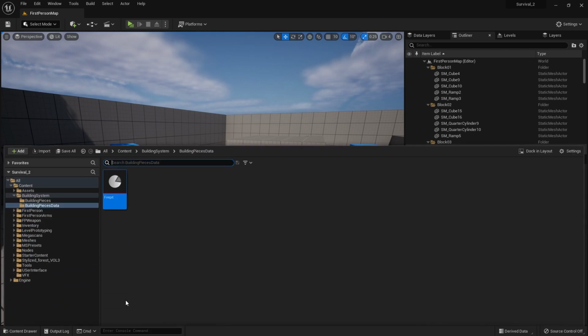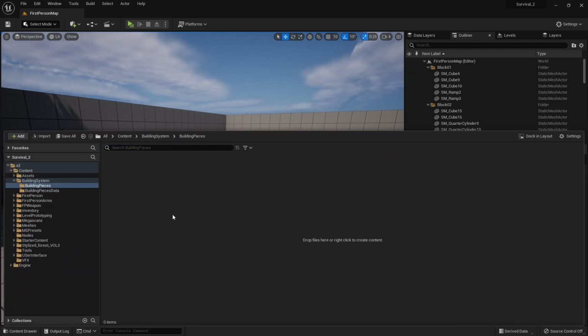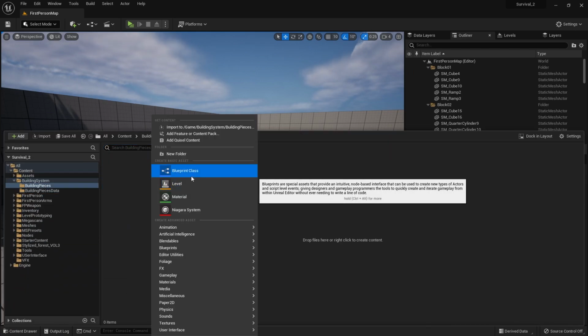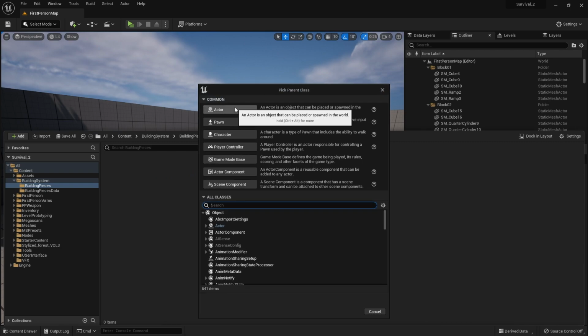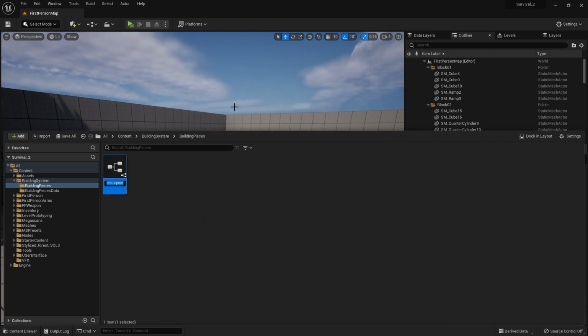So let's create our building piece in the other folder, building pieces, create blueprint class, and we're going to create a base class for this. Now, the reason why we want a base class is because a lot of our building pieces are going to react in the same way when we want to build them and destroy them and place them. So we're going to have building piece base